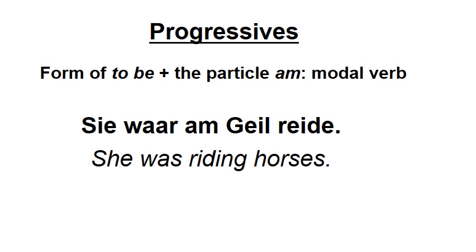In these slides, I'm putting the am right after the verb to be because I think that makes the construction, the kind of modal construction of object and infinitive, a lot more clear. Sie war am Geil reiten. So you add the am after the form of the verb to be, and then you throw in your infinitive construction that we're used to seeing from modal verbs. If you don't know what I'm talking about when I say modal verb, then you want to go and take a look at that lesson.